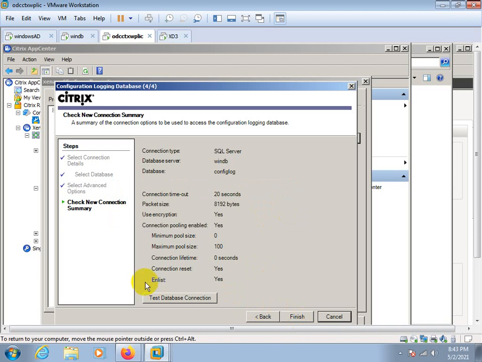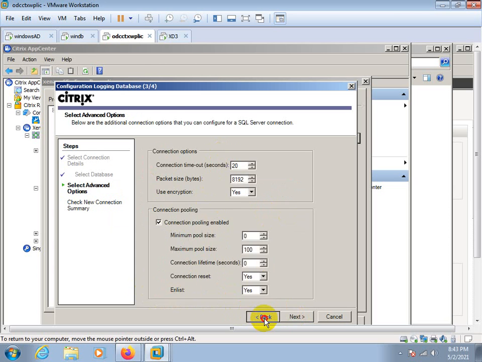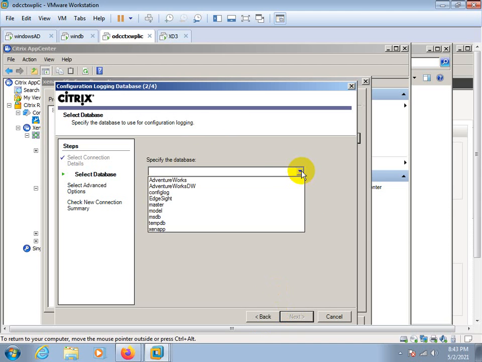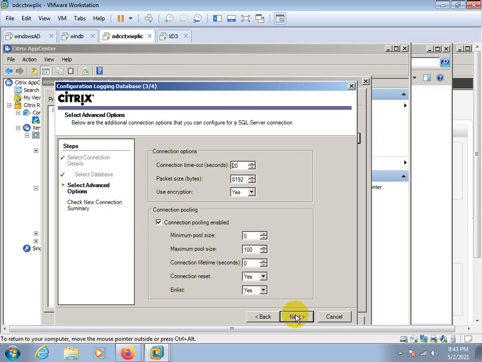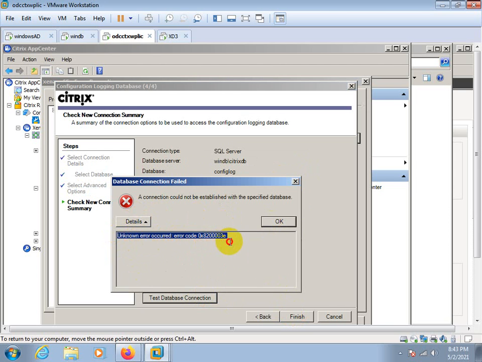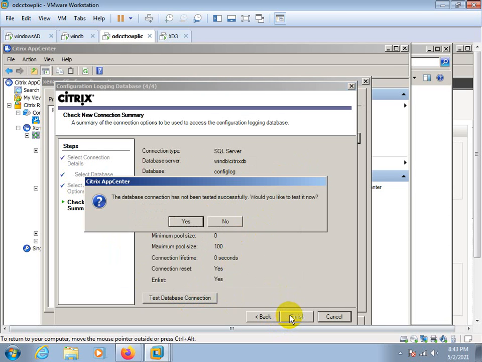Showing the config log database server, into the DB. You can see the name config log.